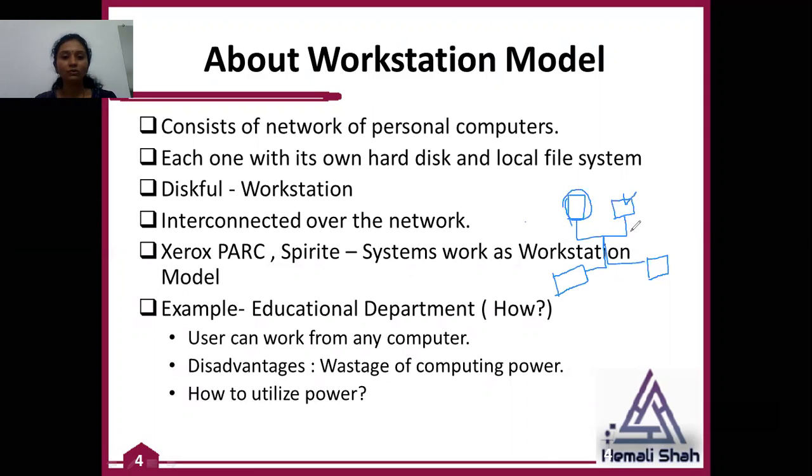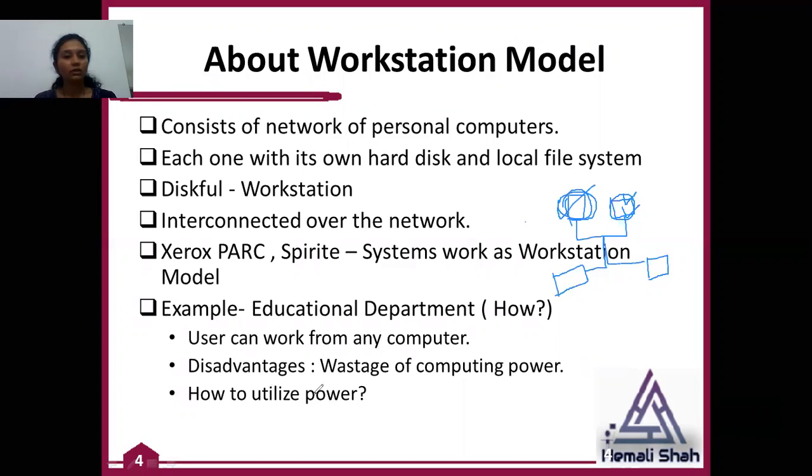Yes, you can. You can use the idle systems by doing a remote login. You can log on to this system by using the remote login concept. Remote means a different space, a remote computer. You can log in using the remote login concept from this computer and use the power of that computer. So it is possible. How can you utilize the power? By logging on to another workstation which is idle in the network.